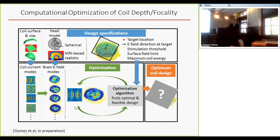So it looks like we can be a factor of 2, not with this logarithmic plot, but you get approximately a factor of 2 from here to here for the same depth. So the point is that for a given depth, we may be able to increase focality as measured by the spread of the field by a factor of 2, which I think is pretty good. I mean, I think it can be meaningful. A factor of 2 in surface area can be significant. And actually for deeper coils, that are generally non-focal, but there you have